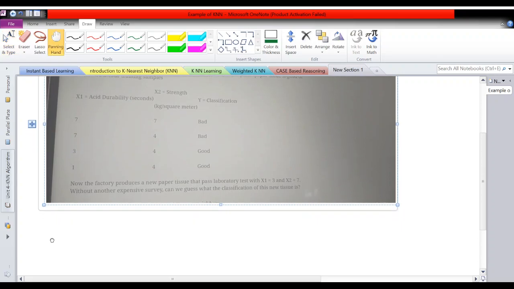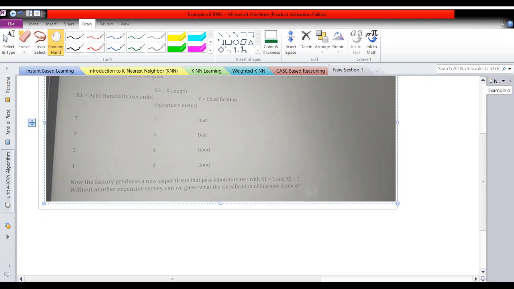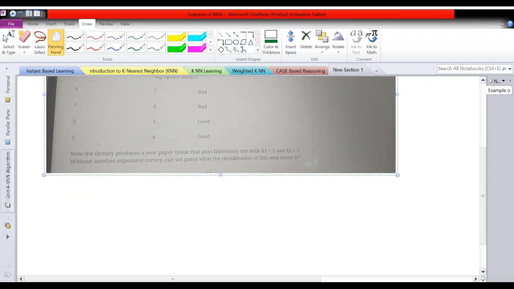Now there is a new tissue paper whose acid durability, you can see it here, is x1 equal to 3 and x2 equal to 7, strength equal to 7. So these are the two parameters, and with these two parameters a tissue paper has come to pass the laboratory test, and we need to classify whether it is good or not. So when you see this example,